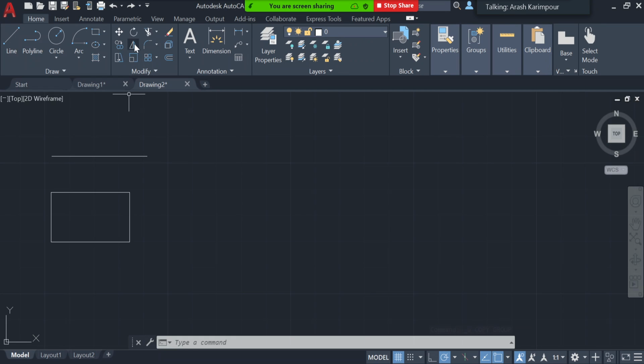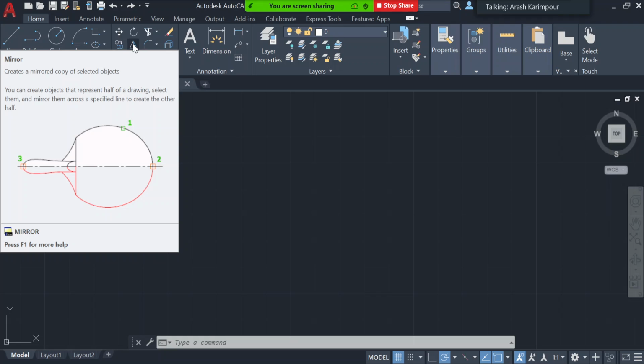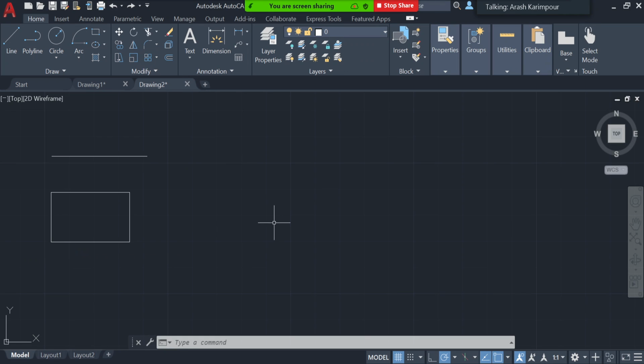The next one here is the mirror. Basically, if you have a symmetry in your drawing and you want to use that, you can draw half of your drawing and then use the mirror to draw the other half for you. So for example, here, assume I'm gonna draw